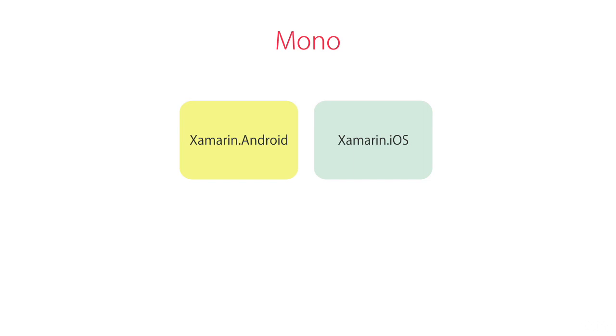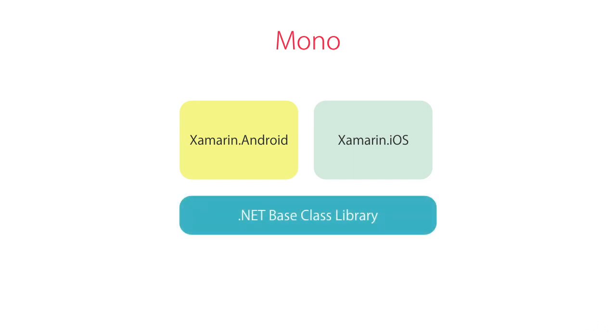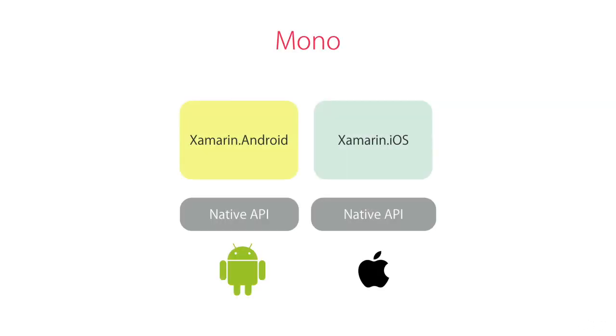Both these libraries give you access to the .NET base class library. So you have the same namespaces you are familiar with. You got the same classes with the same interfaces, but they also give you access to the native API on their platform. So you have access to additional assemblies and namespaces that mimic the ones that come natively with Android